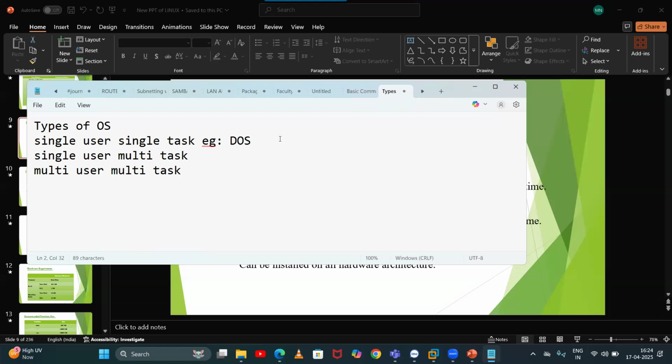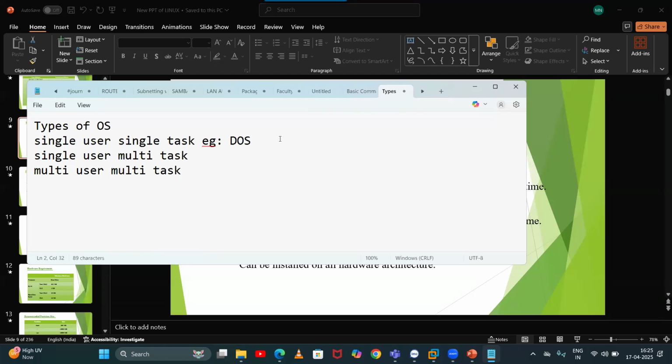And the second type of operating system is single user multitask. Here, only one user can log in at a time. However many users you created, you can still log in with only one user account, but that user can perform multiple tasks. They can run multiple applications at a time.